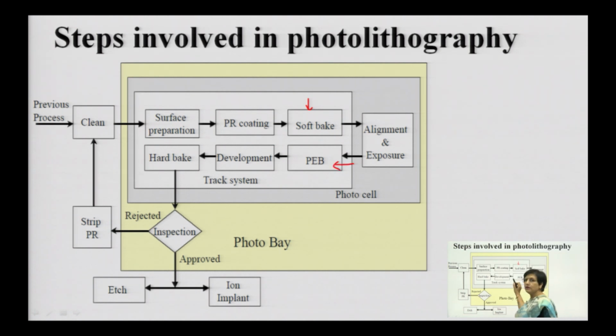Post exposure, it is baked again, then you etch away the unwanted portion, which we call development. Just as you develop your photographic film, in the same way here you remove the unwanted portion of the photoresist, and then you hard bake it so that the remaining portion stays hard and the subsequent processes can be carried out. So, these are the overall steps involved in the photolithography process. We will see each of these steps one by one and go ahead with a proper study of the entire photolithography process.